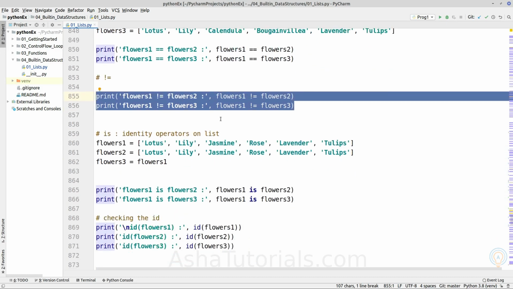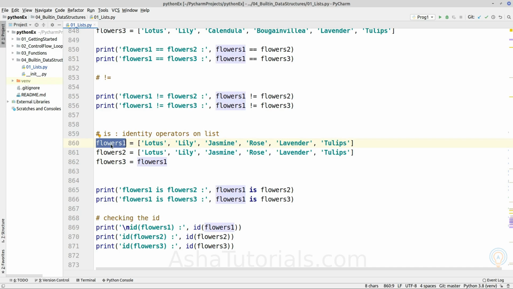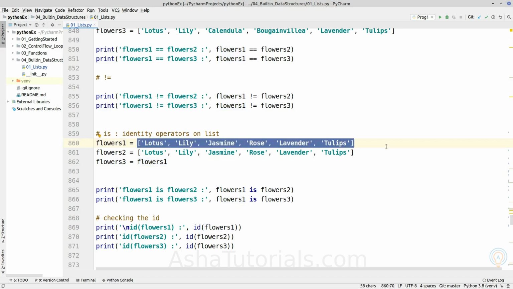Next is the identity operator. As we have also explained earlier, the identity operator will compare the memory location or the memory address which is pointed to by the given variable instead of the value. So here we are creating flowers 1 and flowers 2. Both are constructing a list object, and both list objects have the same value.